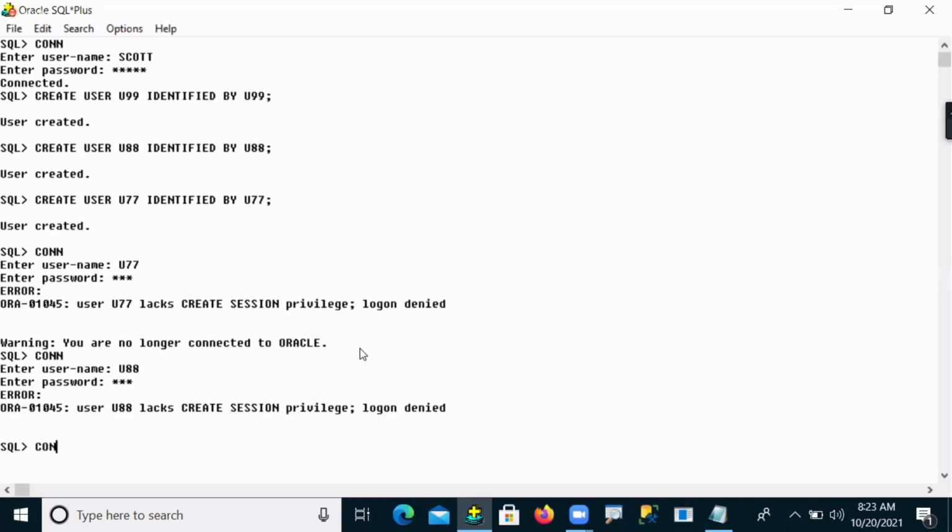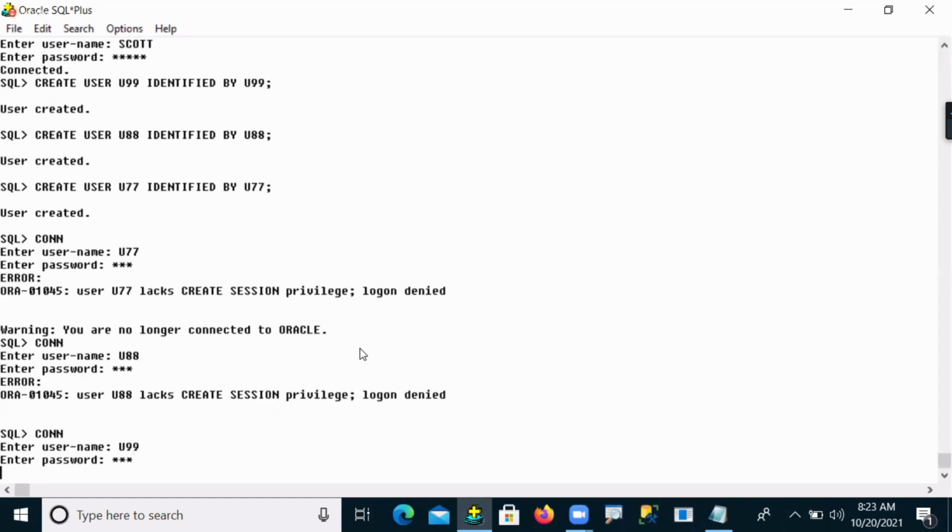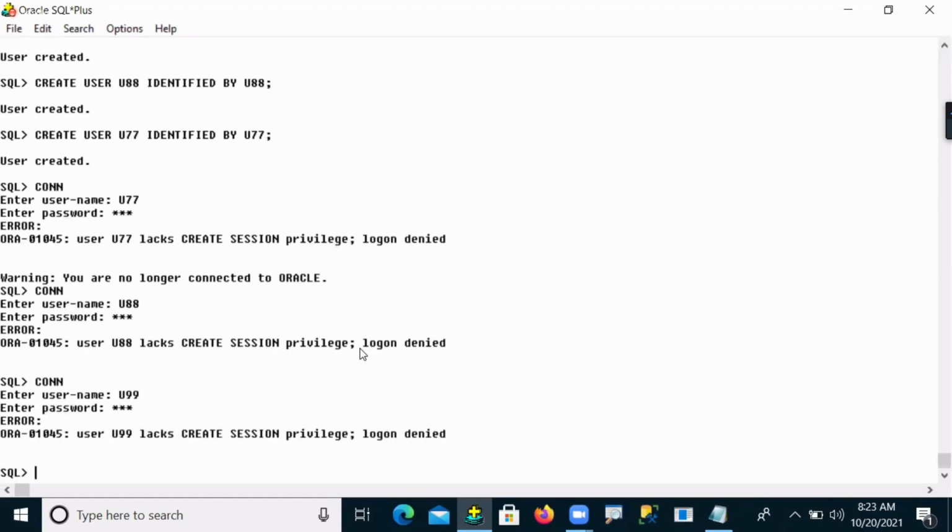User 99 also tried, but is also unable to connect, because these users don't have connectivity permissions to the database. So I want to give connectivity permissions to these three users.